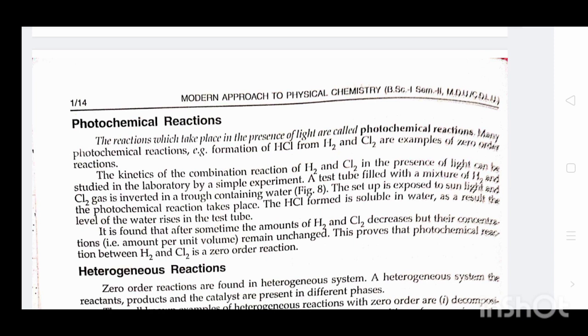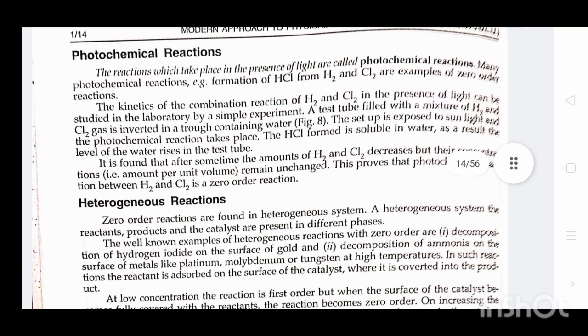Photochemical reactions. The reactions which take place in the presence of light are called photochemical reactions. Many photochemical reactions, for example the formation of HCl from H2 and Cl2, are examples of zero order reactions. The kinetics of the combination reaction of H2 and Cl2 in the presence of light can be studied in the